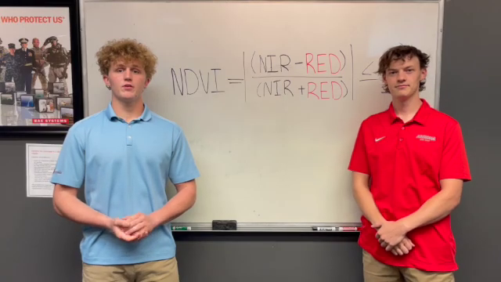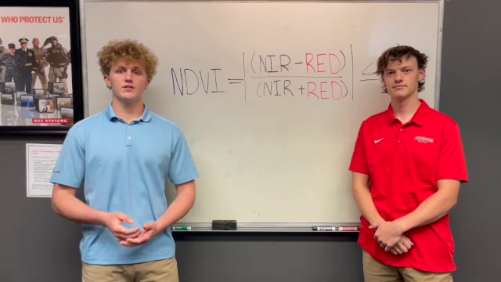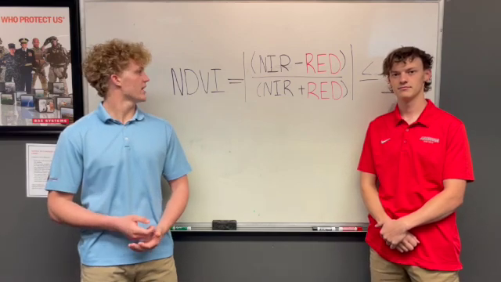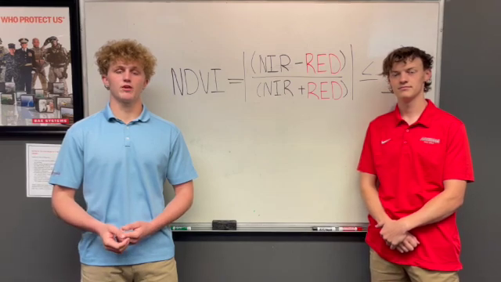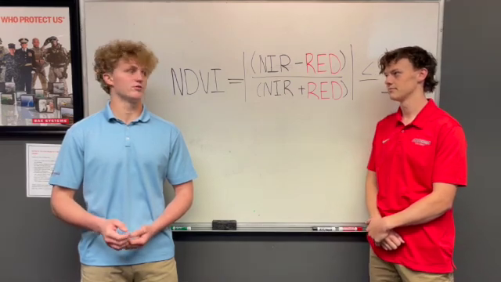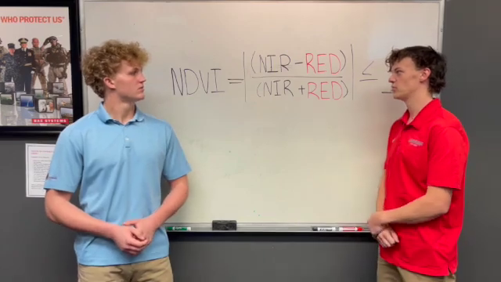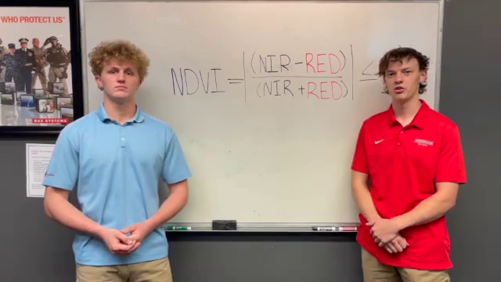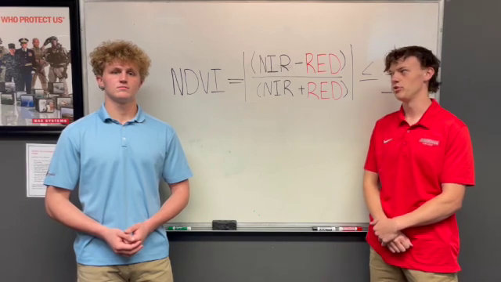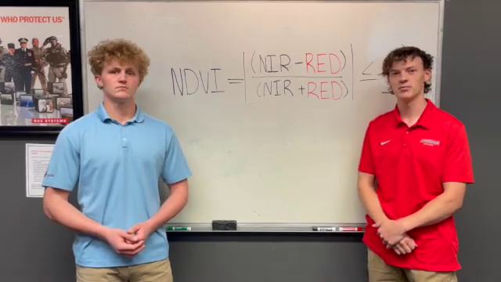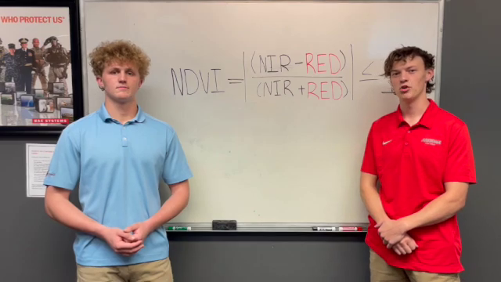In order to evaluate plant health, we use the Normalized Difference Vegetation Index, or NDVI, which relates the total amount of light reflected in the near-infrared range to the amount of light reflected in the red range. As you can see from this equation, a healthy plant will have a value closer to 1, while an unhealthy plant will have a value closer to 0. If we compute this equation for every pixel in a hyperspectral image, we'll be able to see overall plant health